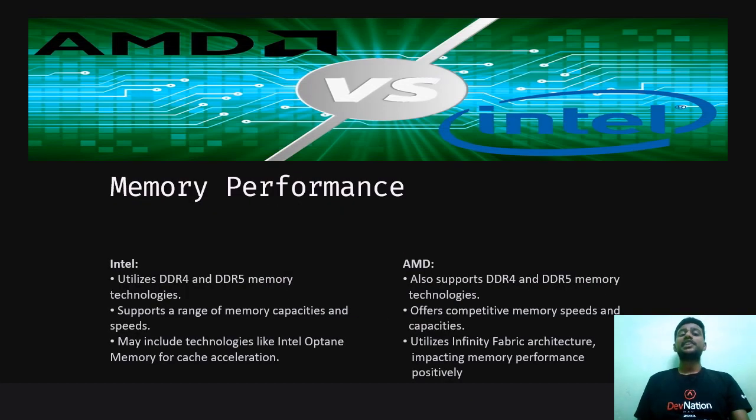Now let us study the memory performance of the two processors, Intel and AMD. Both Intel and AMD processors utilize DDR4 and DDR5 memory technology. Let us learn briefly about what DDR4 and DDR5 memory technology is. DDR4 refers to double data rate 4, a fourth generation DDR memory. Initially lower speed but evolved to a higher frequency. It ranges from